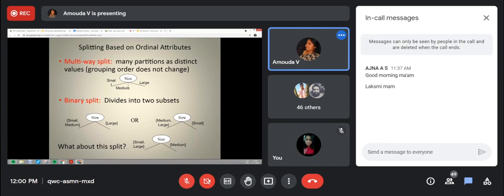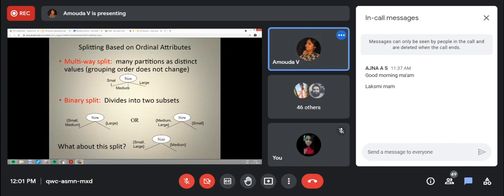Ordinal attributes can produce both binary and multi-way splits. Here, for ordinal attributes, we can group the values of the attributes, but the grouping should not violate the order property of the attribute values. Let me explain that one by one.